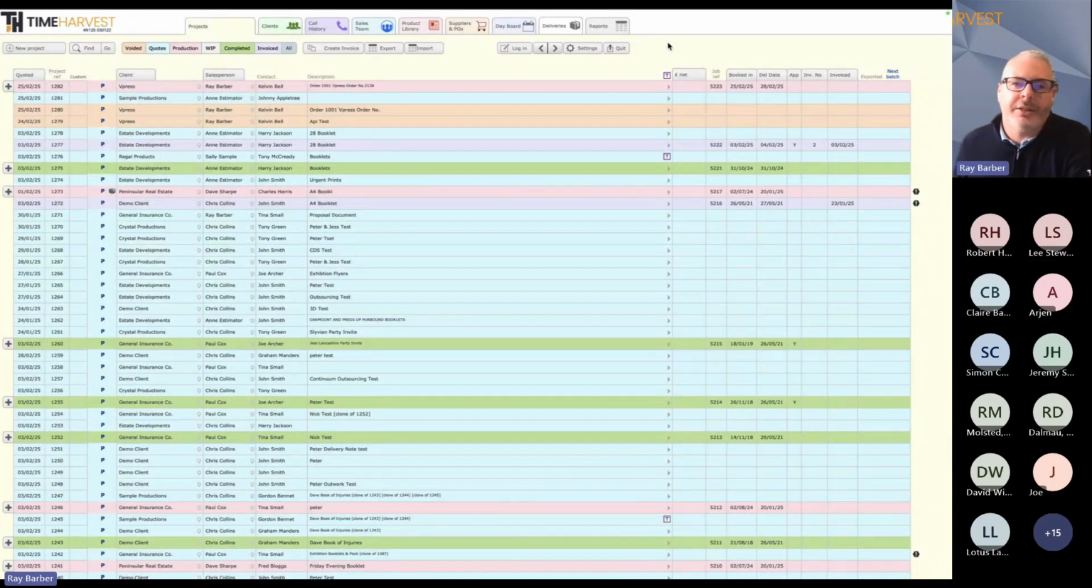So I'm going to start here on the main screen of Timeharvest. This is what you'll get when you first open the system and log in the morning. And we can see just at the top here, we've got our Vpress order that Kelvin's just placed. It's red, which means it's in production. And if we pop into that order there,